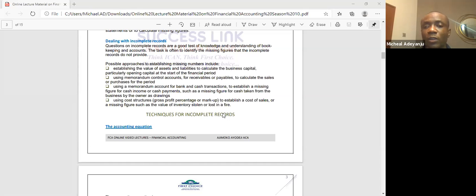Also, using memorandum of account for bank and cash transactions to establish missing figures for cash income or cash payments, such as a missing figure of cash taken from the business by the owner as drawings. So for example, the owner might just be taking some cash and you are not keeping proper records of this transaction. Hence, there are some ways and methods at which you can actually determine those figures, either by looking at